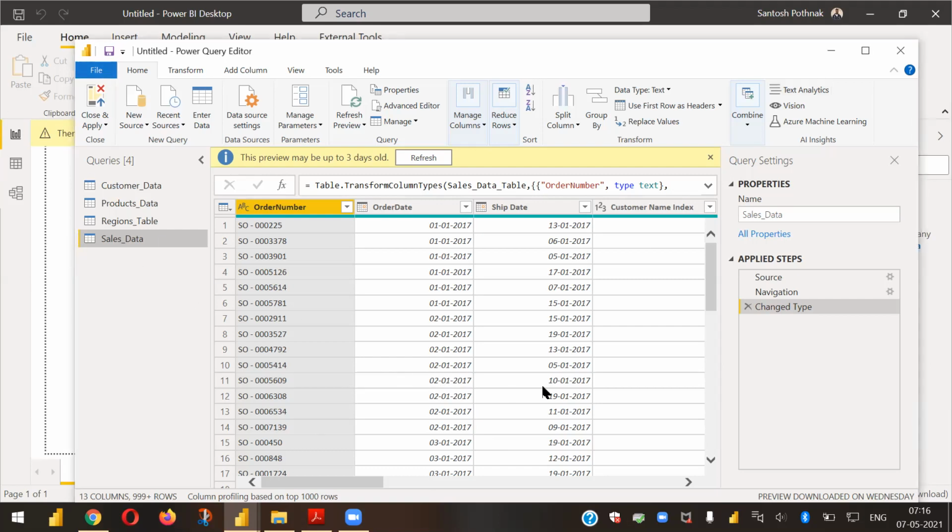It's like an ETL tool: you're getting some unstructured data, or some raw data, and then you are making it a proper structure, and we are making it proper usable tables where we can use it in models and reporting purposes. Then we are loading it, in the sense we are just clicking Close and Apply. So this is committing our data to our Power BI desktop. So we are transforming the data from the source. In our source, basically the Excel sheet might not be in a correct format. It might have a lot of null values, a lot of empty cells, a lot of invalid data. So we can clean all that up and structure it here in this Power Query Editor.